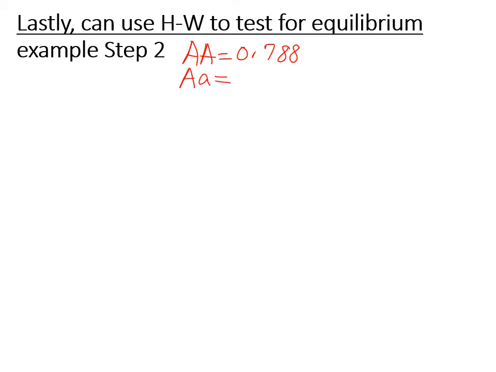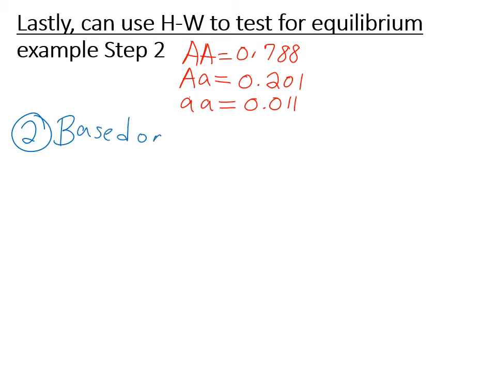Heterozygous was 0.201. And homozygous recessive was 0.011. So now our next step, step number 2, is based on those genotype frequencies. So based on genotype frequencies that we just calculated,